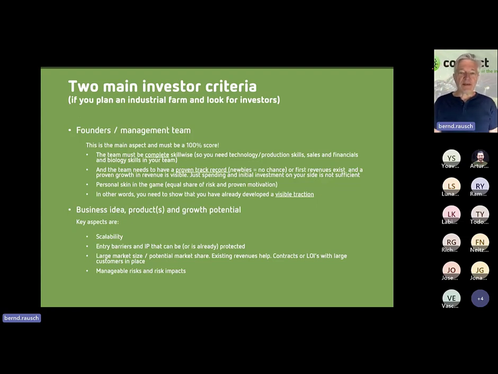So that's overall the second factor, the business idea, of course, the idea itself. It needs to be something that is to a certain degree scalable and not easy to imitate by others. And you have a certain market size, market share you're aiming for. And then as well, I think, which is great if you have already some LOIs or some agreements in place with key suppliers and customers, which makes it more probable that your project will be successful.